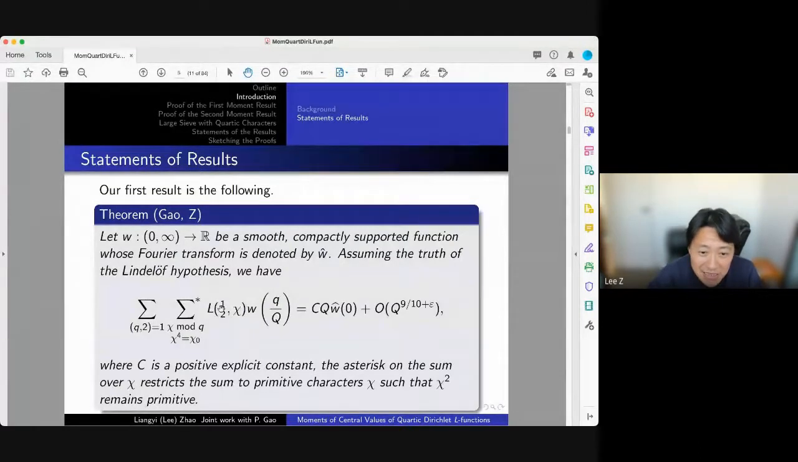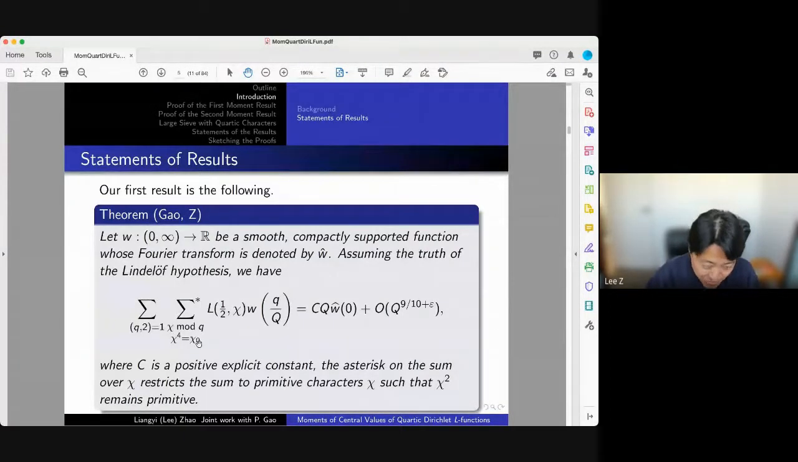So we're looking at the central values of these L functions at 1/2, right? And this W here is just some weight function. Because it's compactly supported, we're basically looking at these L functions attached to chi, whose conductor is about size capital Q. Right? So we're looking at the average values of these quartic L functions. So chi to the 4th power is chi sub 0. So we're looking at the average values of these quartic L functions at 1/2